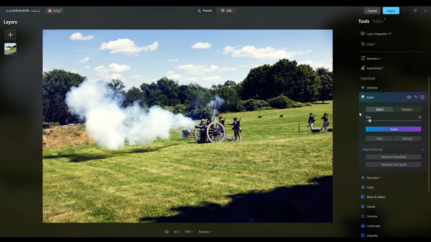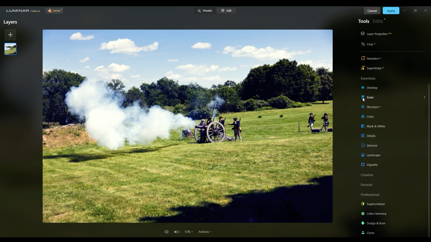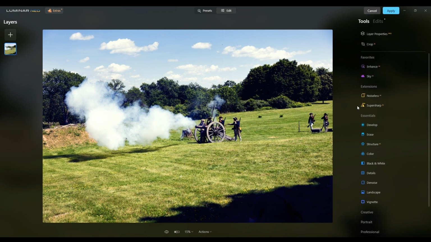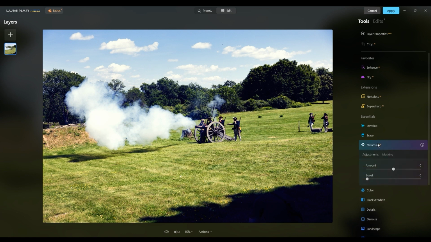Now again, certain things in here are AI based. Erase is supposed to be AI based because it has to figure out what it's removing. But the ones that are AI based usually have an AI after them. And then there's a structure. And structure is, as you can see from the little drop down on it here, the detail and the clarity. So